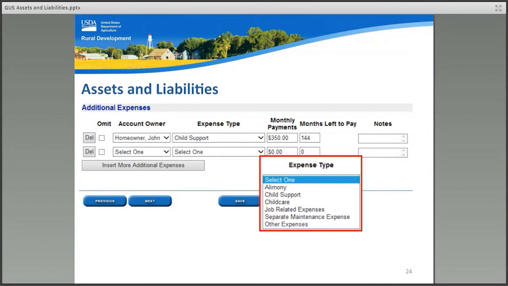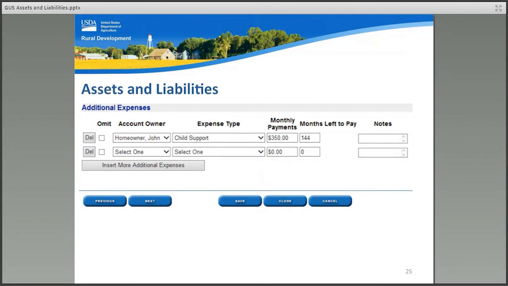GUS has been designed to capture all of the data entries that are available to users in their LOS systems. Underwriters may include any debt in the ratios that they feel is a significant impact to repayment ability. Monthly payments. Enter the applicable monthly payment. Months left to pay. Enter the number of payments remaining for this debt. And notes.